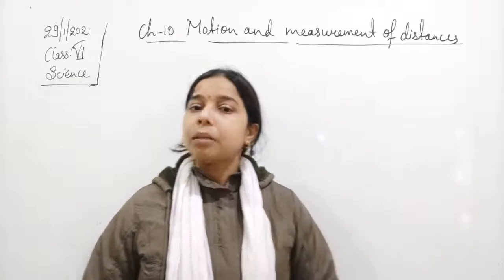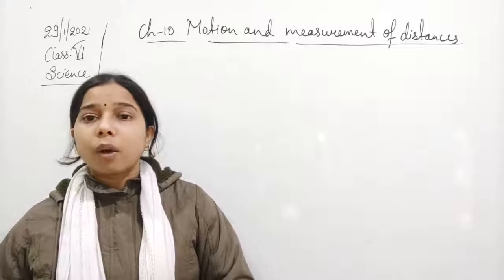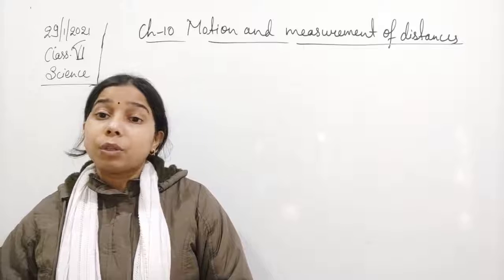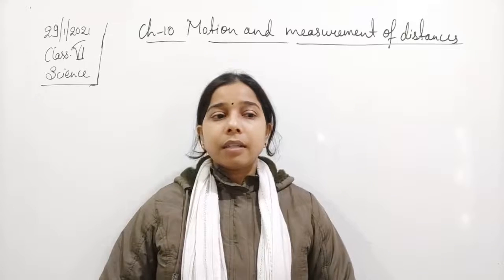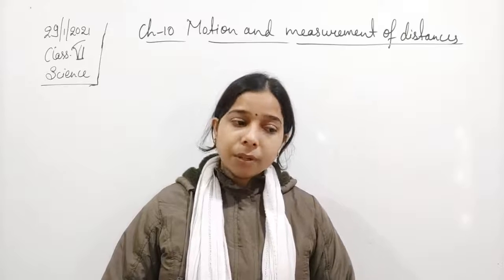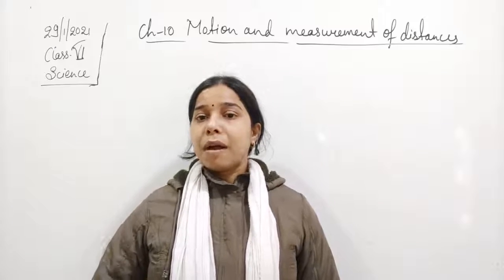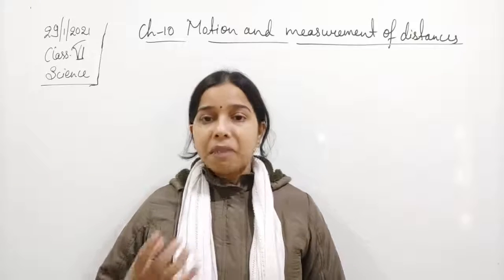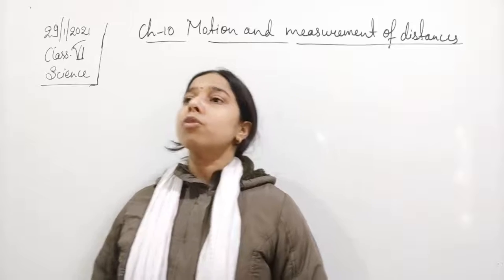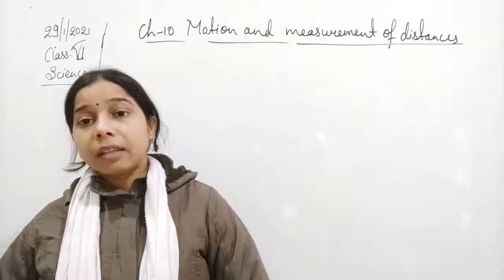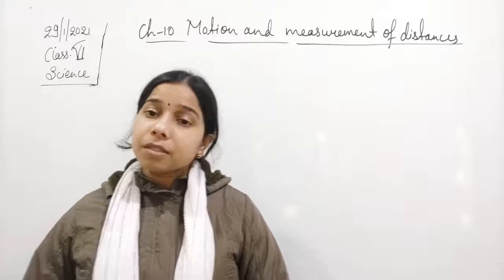If we talk about measurement, what is measuring? It's a kind of unit that we use to represent anything. It is a method or a process by which we find the value and the unit of a thing. If we want to write the measurement of anything, we write two things along with that.